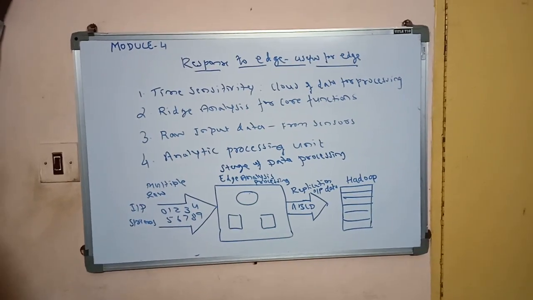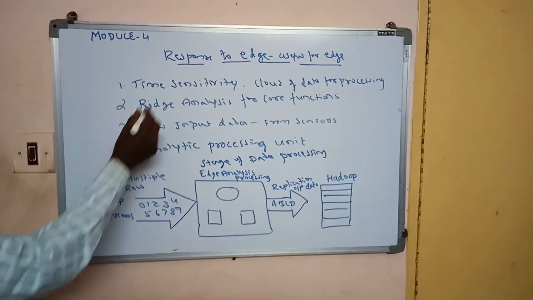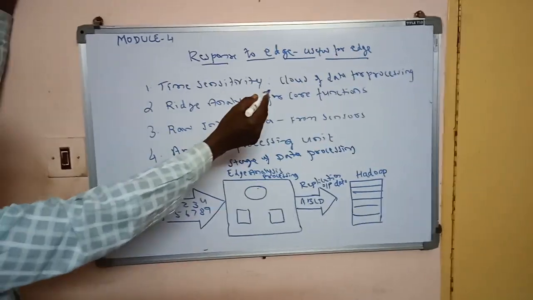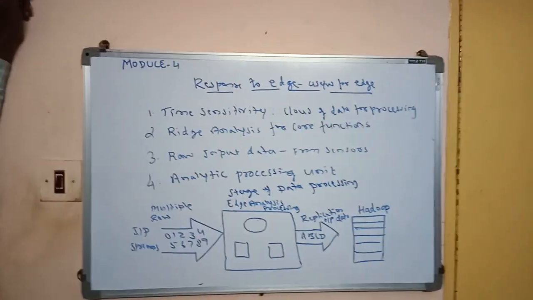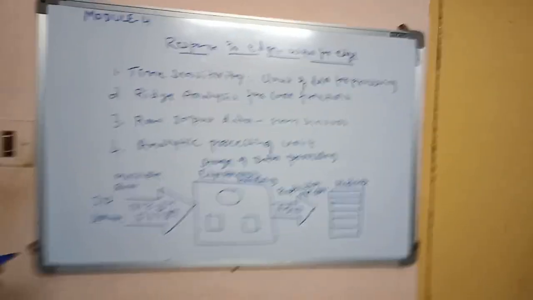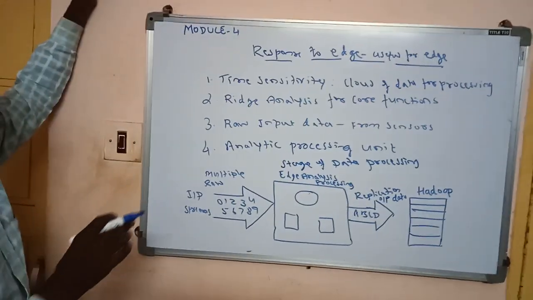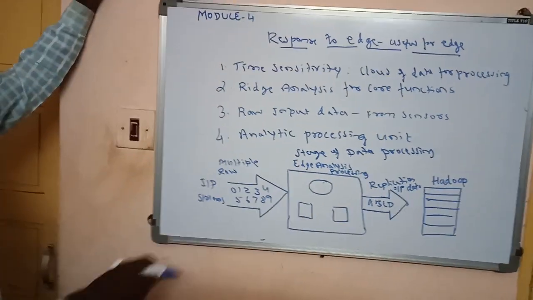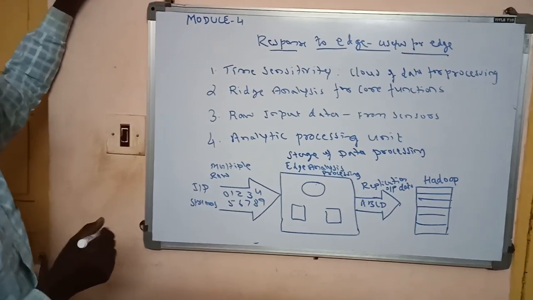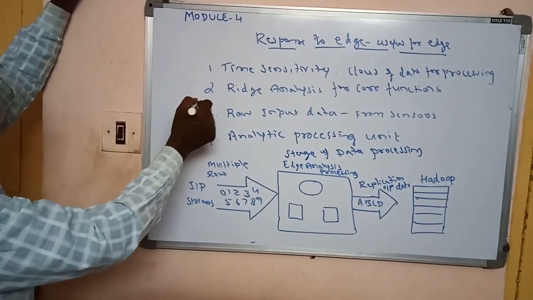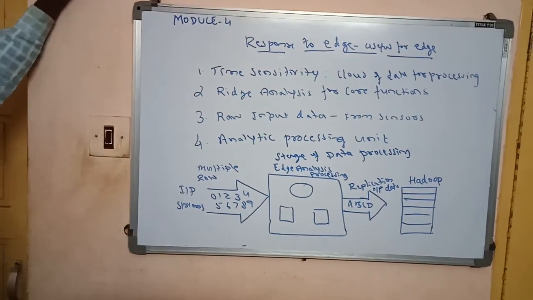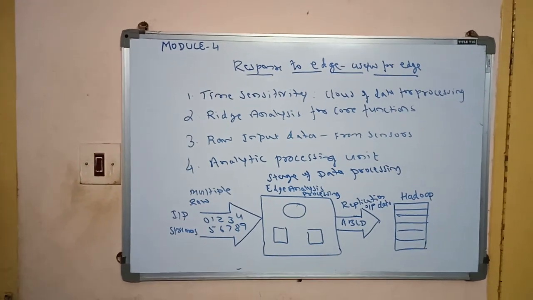Another important tool for big data analytics is the edge, useful for the edge. Edge is where useful data should be stored, in edge level information. So these are the important highlights in the case of edge level processing for big data analytics. The first point is time sensitivity. Time sensitivity in the sense